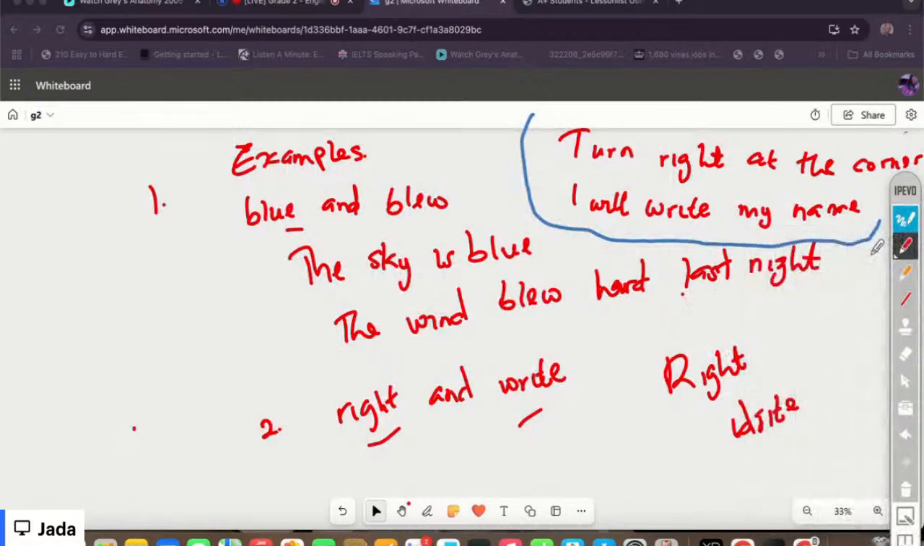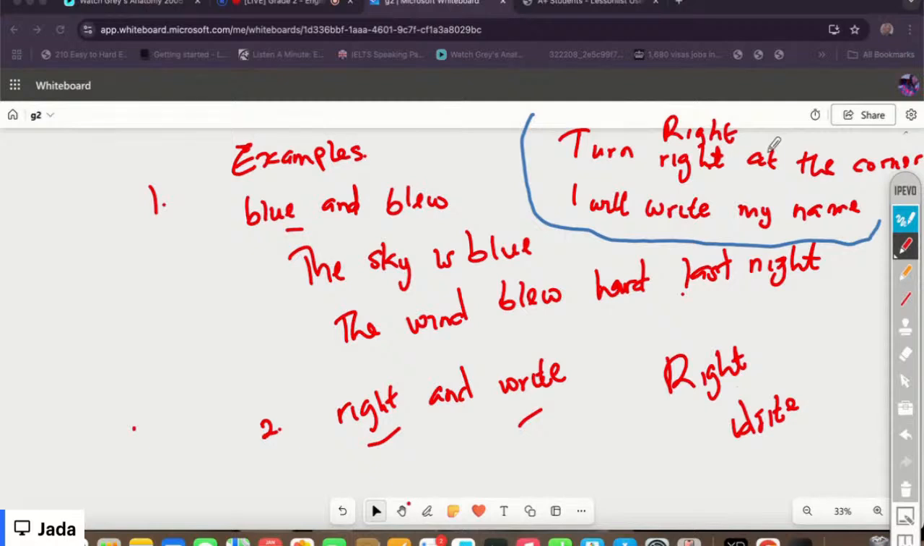Okay, so you can see now the examples on the right. The first one is "turn right at the corner." So it's like giving a direction. You understand? When you say "turn right," it could be giving a direction. That is the first one here. So it could be giving a direction, or it could also be saying